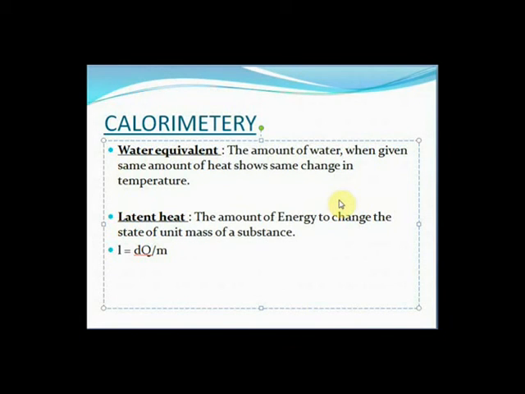Latent heat is the amount of energy to change the state of unit mass of a substance. So suppose if m gram of substance requires dQ amount of energy to change its state from one state to another, then the latent heat will be equal to dQ by